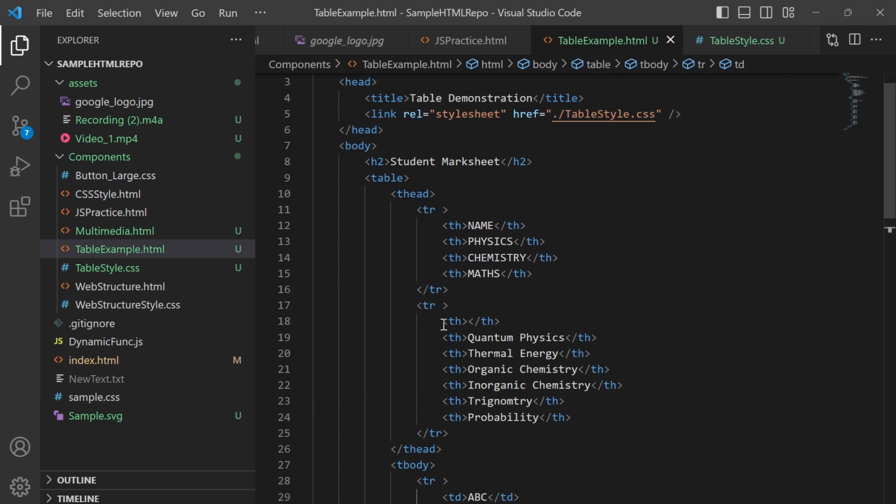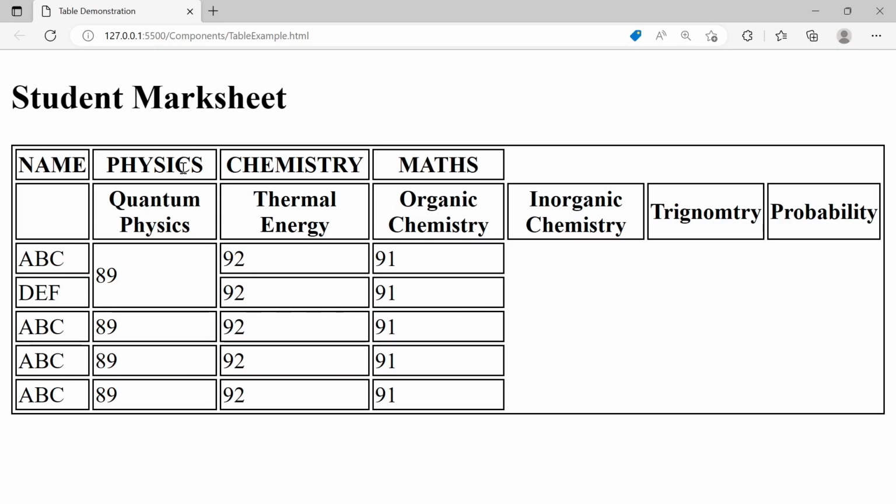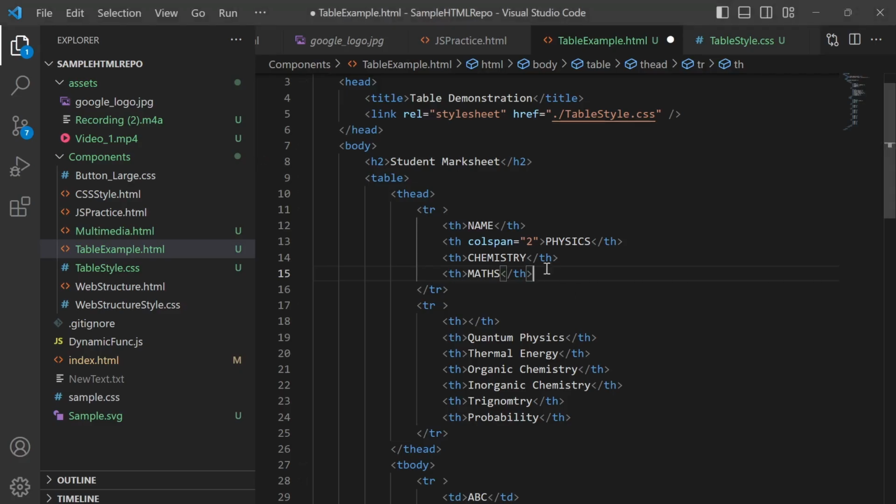Already we have 7 columns and here we have 4. The first one we will skip as we want it for the name. For physics, I will use colspan equal to 2 because I want to merge two cells column-wise.